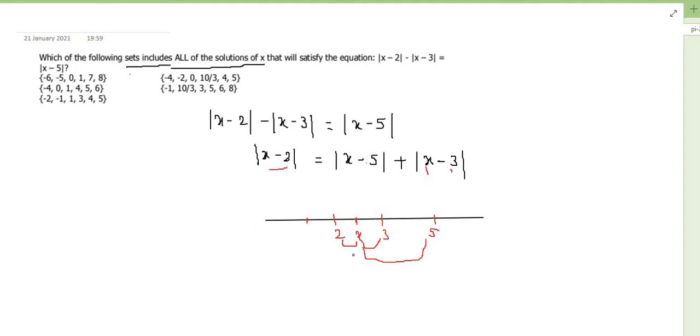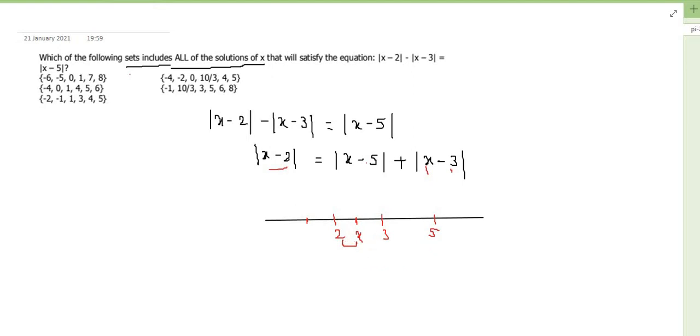Again, our common sense says that this is not possible, because this distance is going to be really very small compared to this plus this, right? So again, x is not between 2 and 3. Okay, so what? Let's check